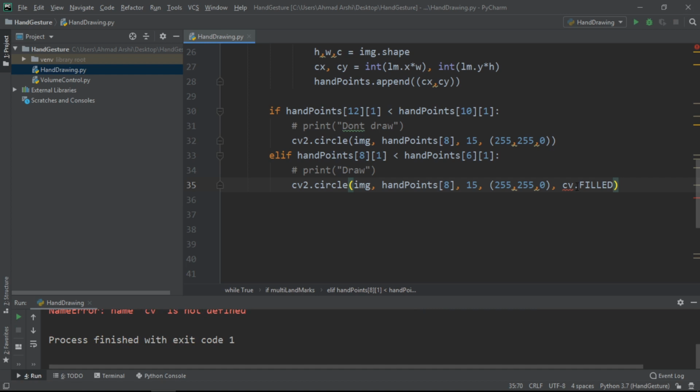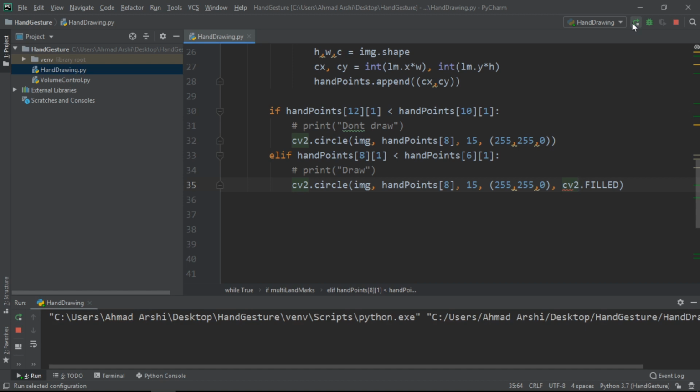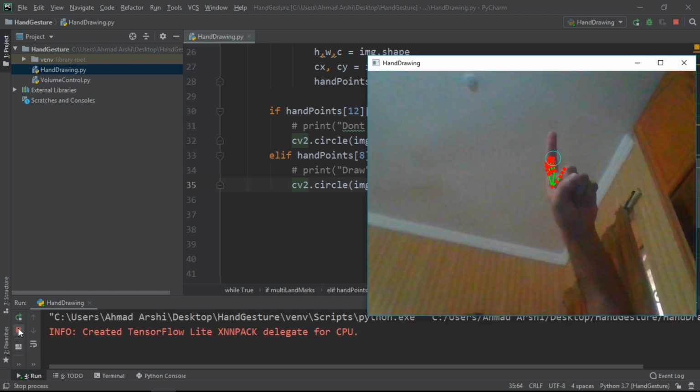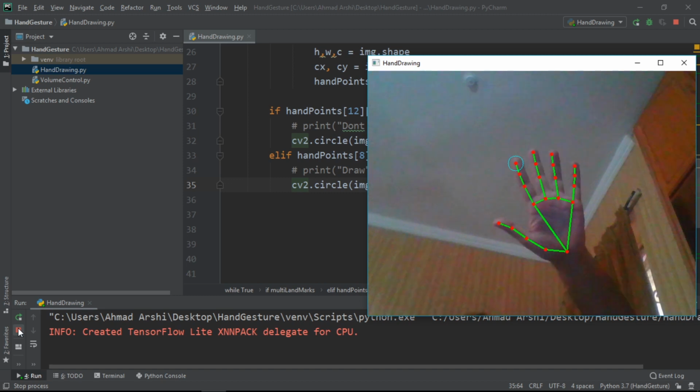Okay, this should be cv2. So now let's just run that again. Now, let it detect the hand: with both fingers open, we are having the hollow circle. And if I only have one finger open, it will show us a filled circle, so that it represents that we can actually draw.